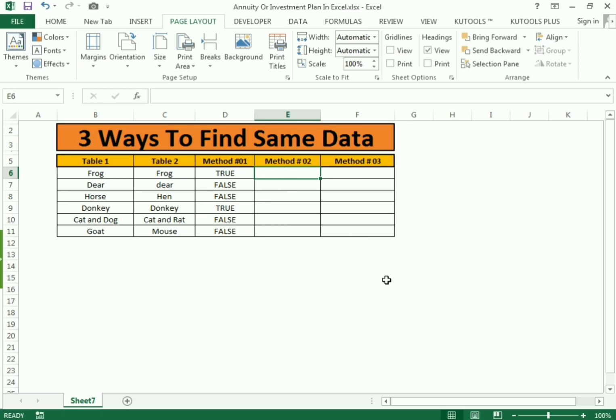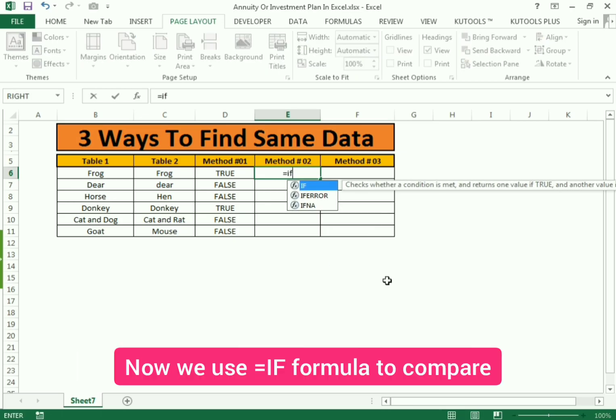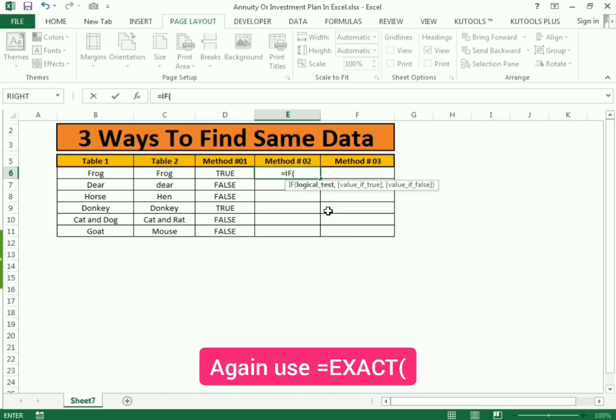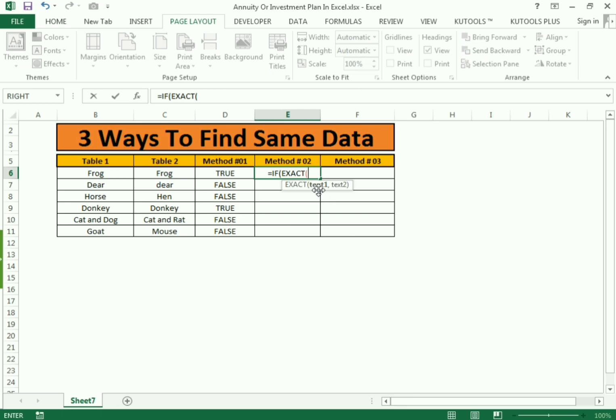Now the second method is to use the IF function. IF formula, bracket open, and again in the bracket we use the EXACT formula as the logical test. Again open the bracket. We use the similar technique: select the first cell, comma, and then compare with the second cell, close the bracket,